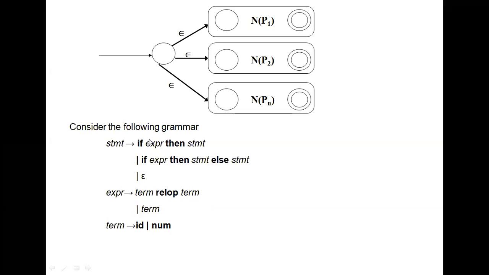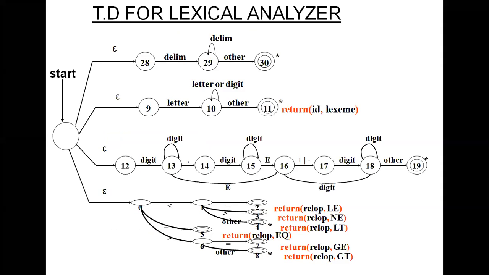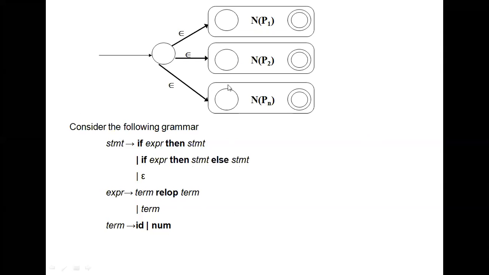For this grammar representation, by using the previous pattern, see how we are representing it with epsilon. This is the transition diagram NFA. The name of the transition diagram is a non-deterministic transition diagram with epsilon, the finite state machine consisting of epsilons. See, 0, or it may be any other, with epsilon, with epsilon, with epsilon. It means merging all the patterns in this format, in this representation.